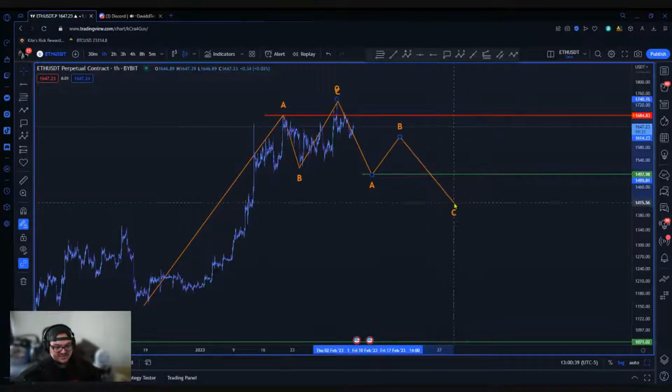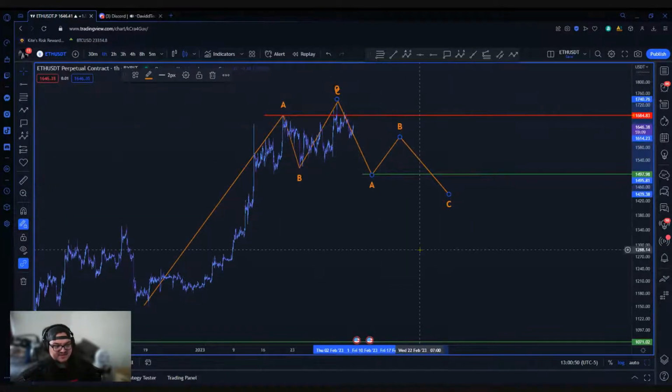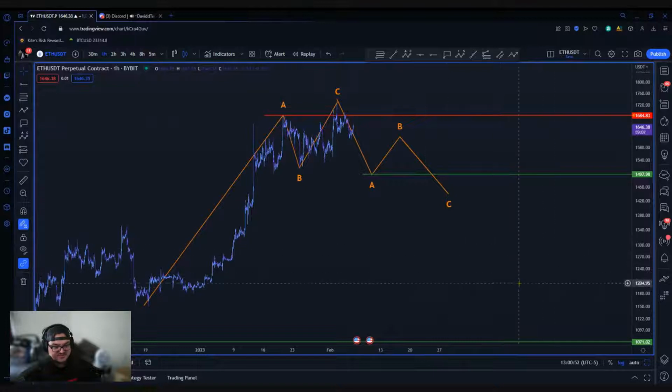So that's the beauty. That's why I love doing this. That's why I love this method so much, is that it allows us to play into larger swings, and you can definitely benefit, especially using this method. You can definitely benefit off of the larger potential of larger moves here. But yeah, that's pretty much it for ETH at the moment. I'll go ahead and mark these levels out for you.